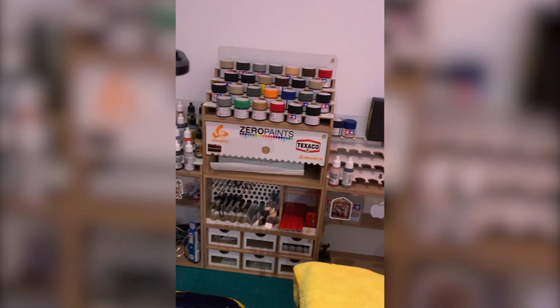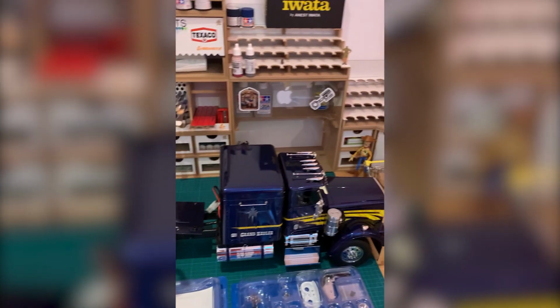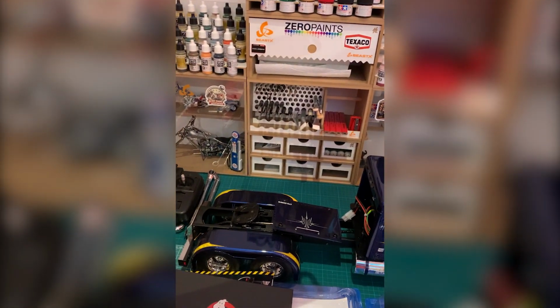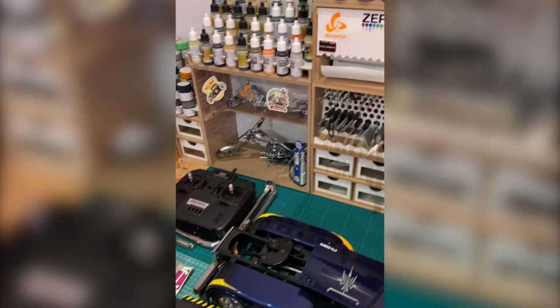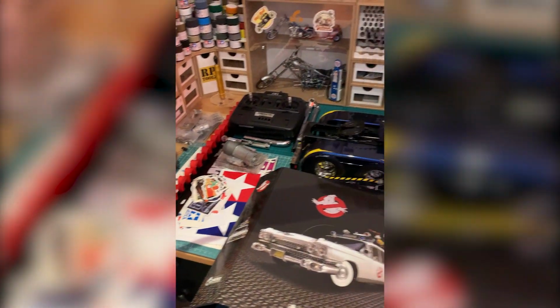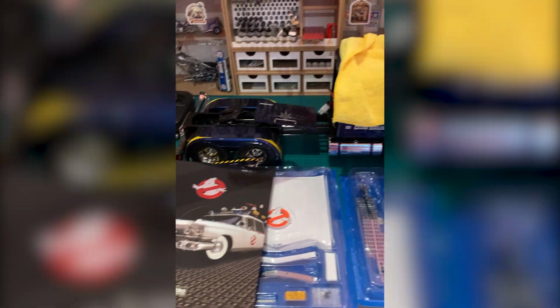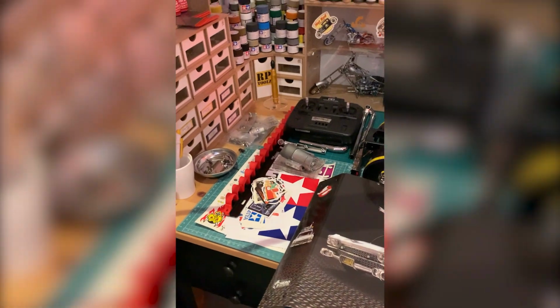my everything, my airbrush. And also I have received this Tamiya truck recently. I bought it from Tamiya. This is a really good truck. I'm just waiting for some parts to do some modification on it. And also this one, I just ordered my first issue from Ghostbusters,